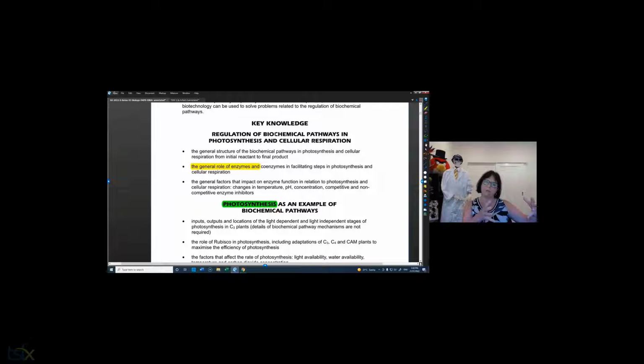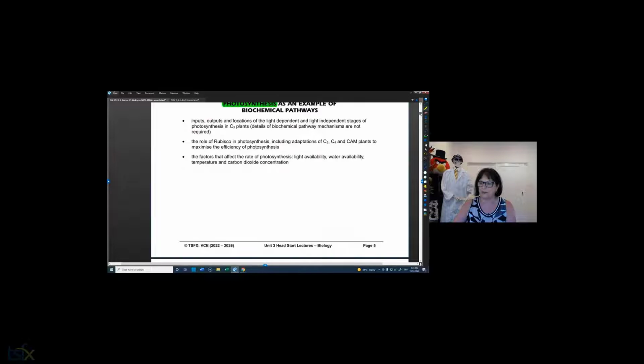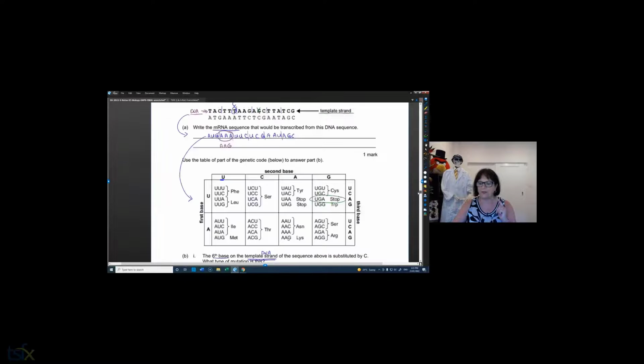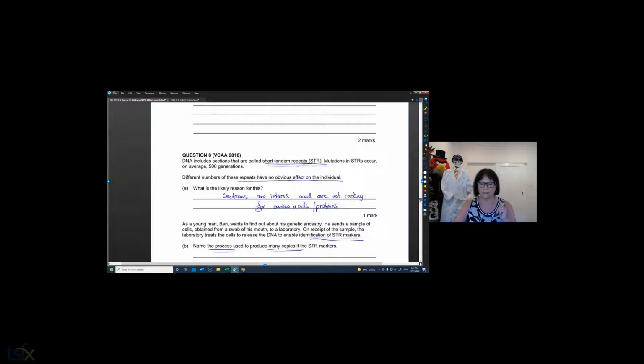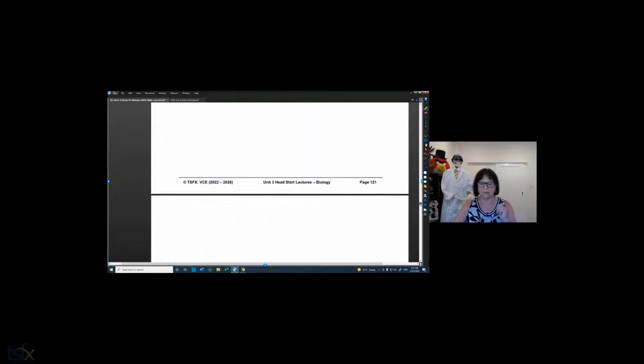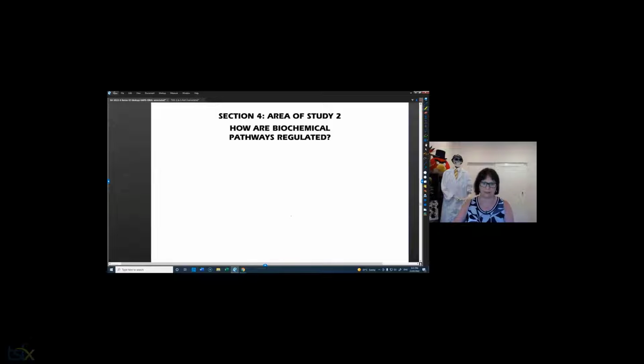So we move away from the DNA protein story and genes, and now we go into proteins for enzymes to drive reactions. What reactions? Photosynthesis and cellular respiration. So it's quite a different step into the world of Area of Study 2, but it is linked by the knowledge of proteins. And that's the part that links both of them together, is understanding proteins and their importance in the